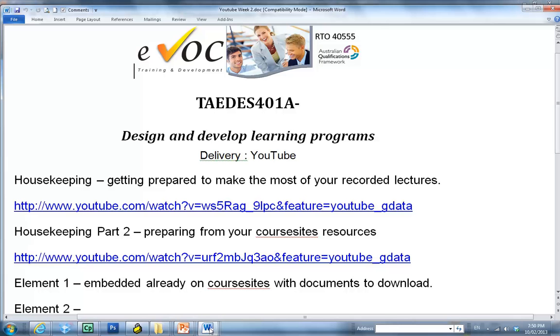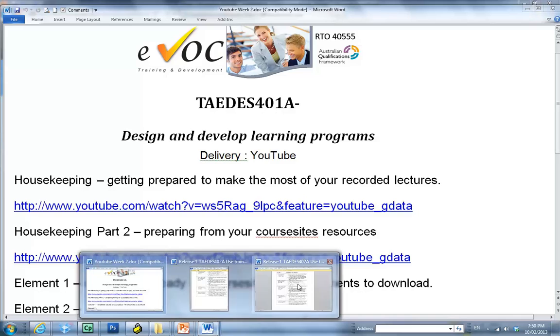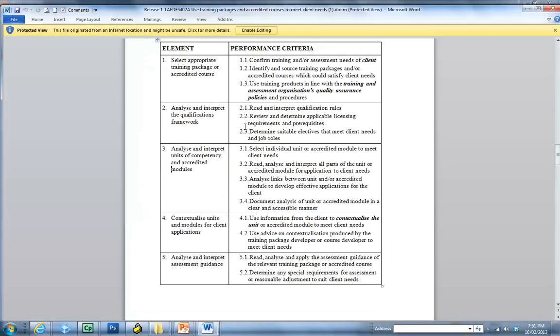What we do is we just email everybody all of the lecture links through YouTube. And so long as you're playing them in order, and so long as you have downloaded that unit of competency and can follow through those performance criteria, and I'll just quickly show you those again. So long as you have this document for each week printed out and can logically follow through there,